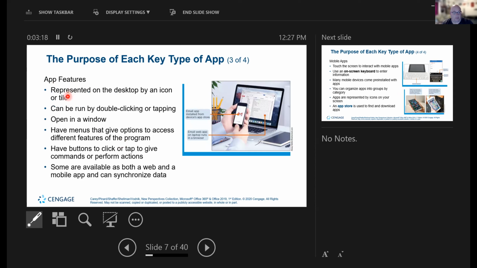So app features, our author brings up some bullets represented on the desktop by an icon or tile. Not necessarily, especially in the Windows world, we can control what icons are on our desktop, but there will be an icon for it from our start button. Can be run by double clicking or tapping, true, regardless of operating system. Open in a window, usually true. Have menus that give us options to access different features of the program. Yes, and this is very important to note that